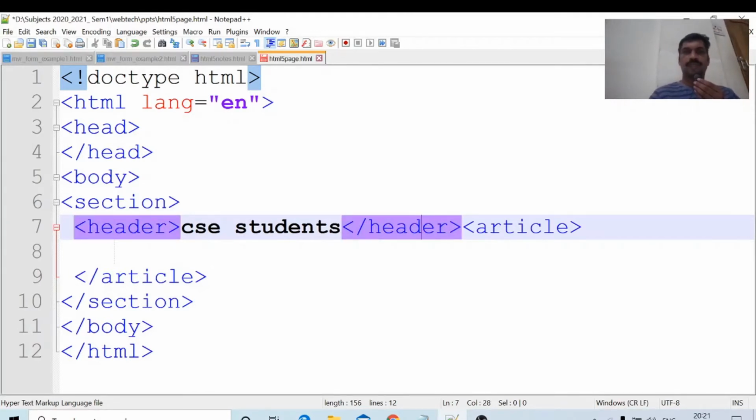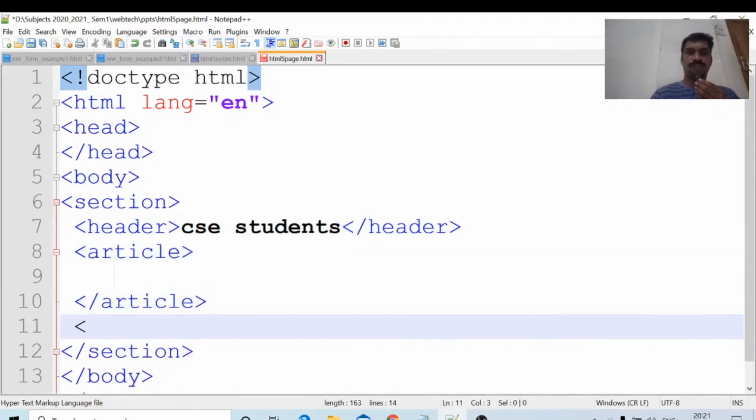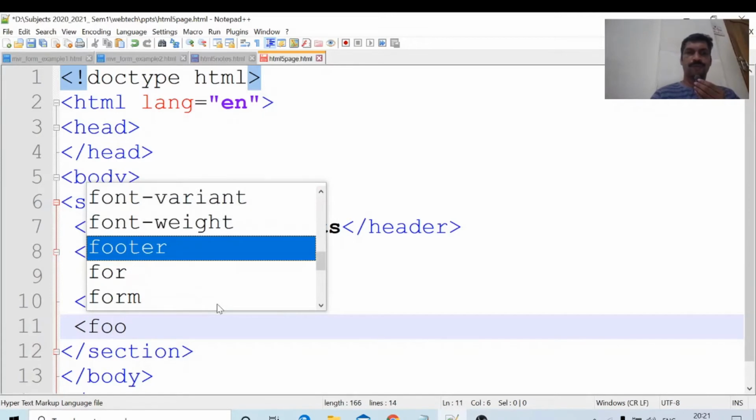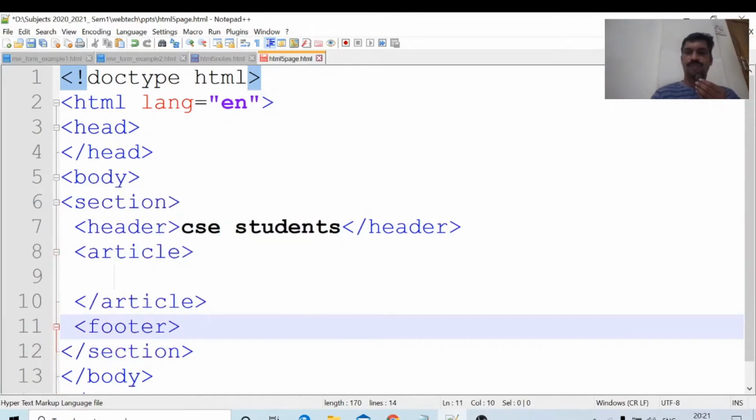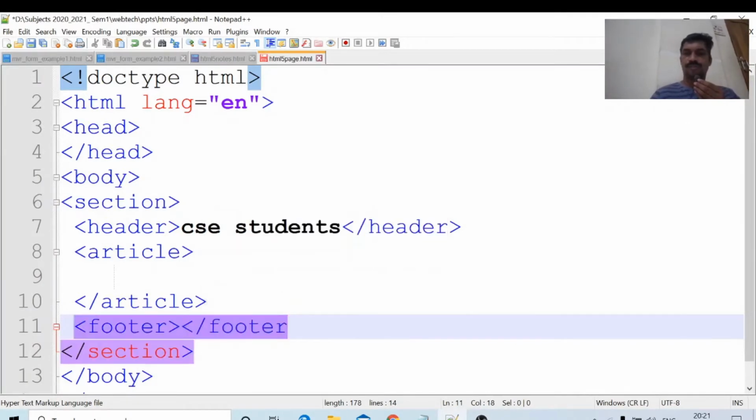I am writing one article about CSC students. Now this is the footer, slash footer.